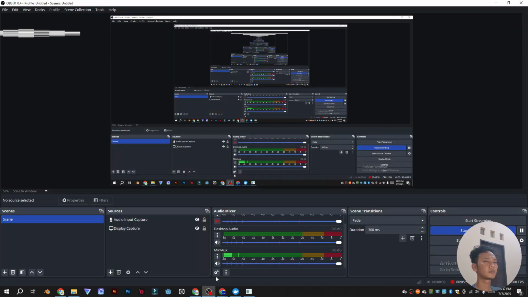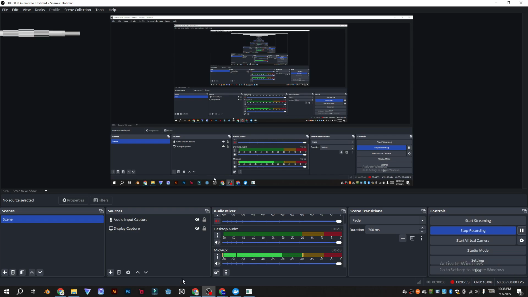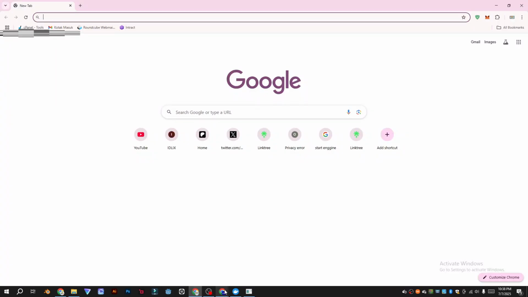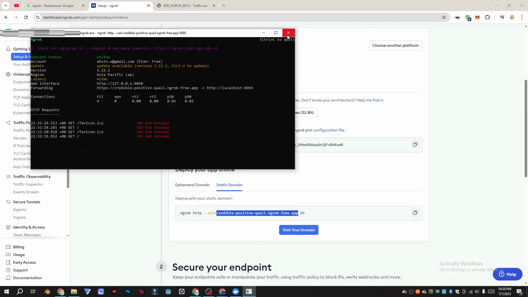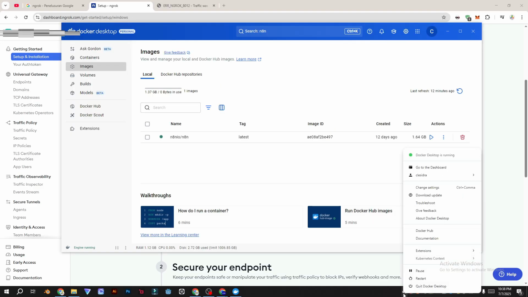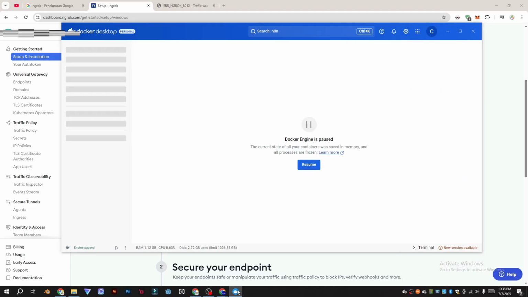The endpoint. So for ngrok, I think I missed something. Then this command for the authenticate token. So let's close this first and pause Docker first.